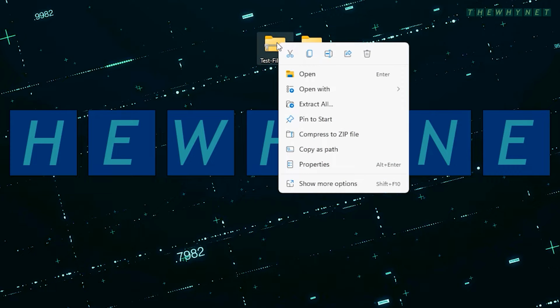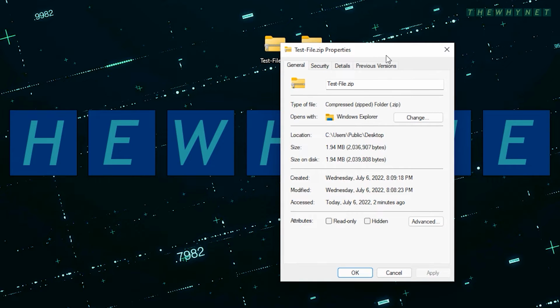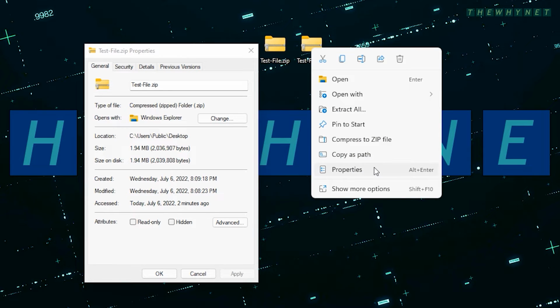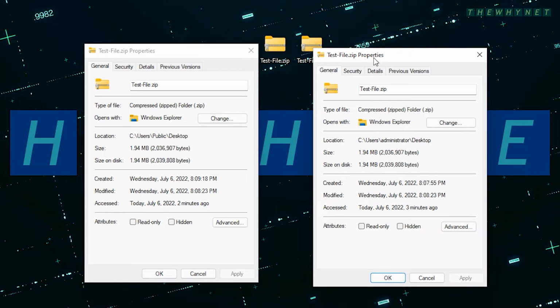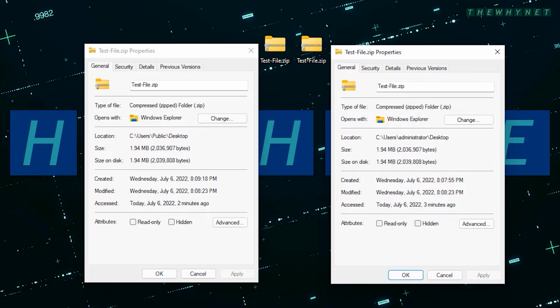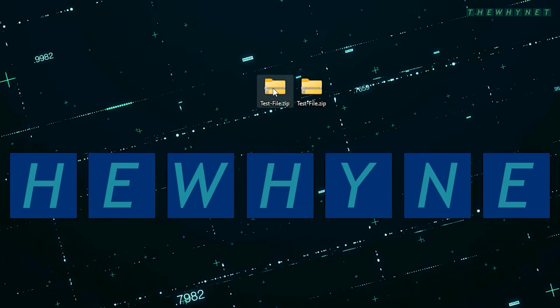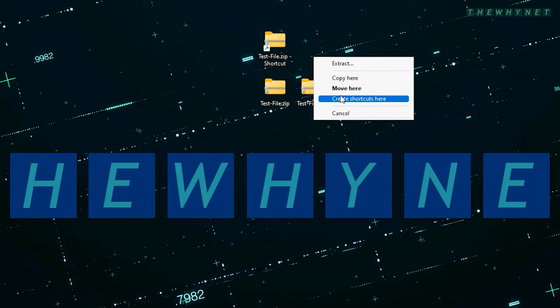All the desktop files are actually located in two folders on your disk. If I right-click each file and click Properties, you'll be able to see the actual location of each of the files. One of them is located in a folder representing the current user, and the other is located in a public desktop folder. If I create shortcuts to both files, you can see that the second file gets a new